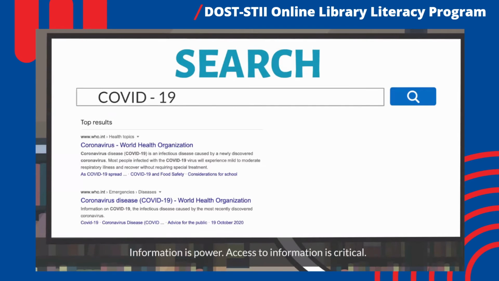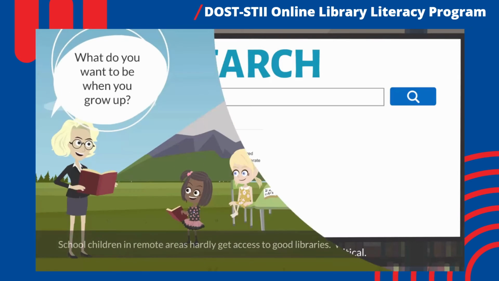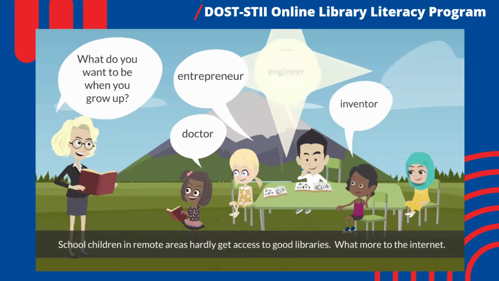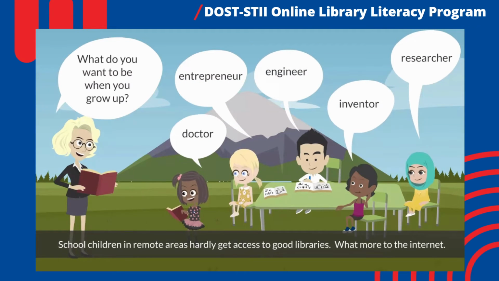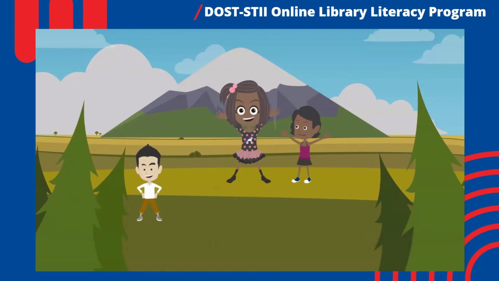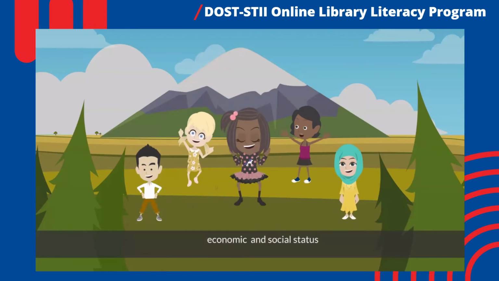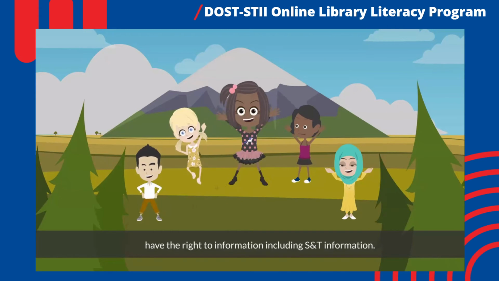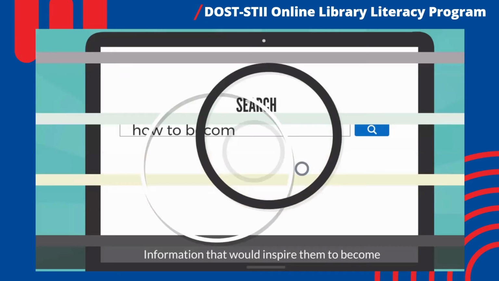Information is power. Access to information is critical. School children in remote areas hardly get access to good libraries. What more to the internet? All children, regardless of gender, economic, and social status, have the right to information, including S&T information that would inspire